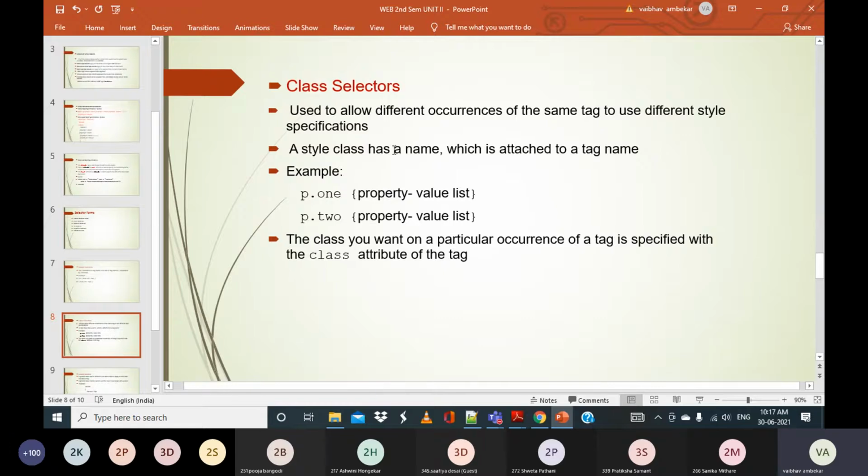Why do we require class selectors? They are used to allow different occurrences of the same tag to use different style specifications. For example, consider that you have two paragraphs or two tables, and you want to give different styles to each. With the simple selectors, it will be common.